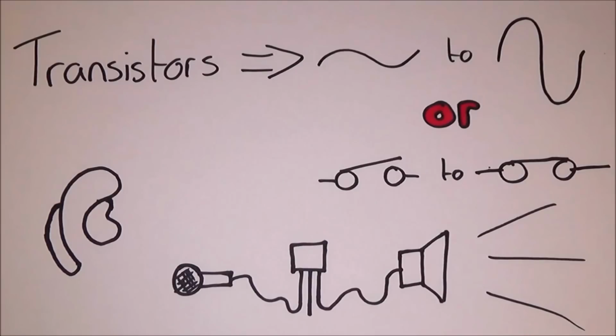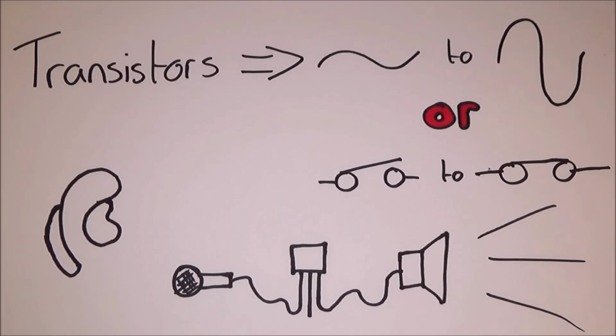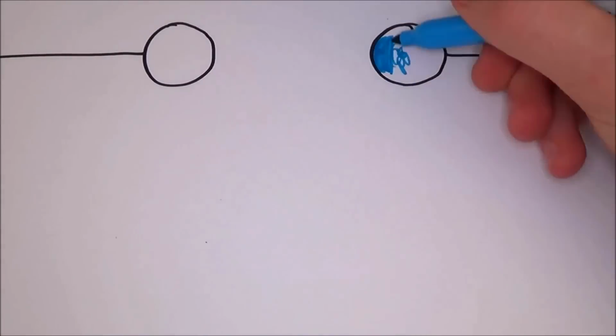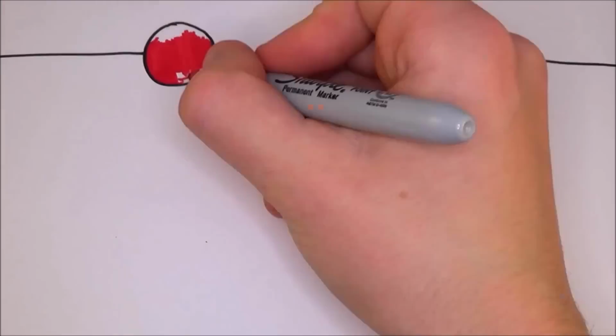What happened is that the tiny microphone picked up the sound, which produced an electrical current. Then it was fed through a transistor, which boosted the original signal, and then the signal could play through a loudspeaker. Simple, really. The other use is switches, and this is what is mainly used in your phone and